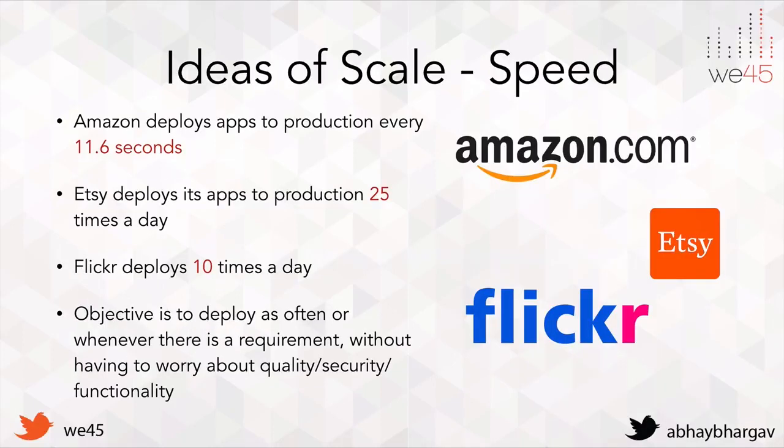Now, if you look at the modern application delivery landscape, you'll see a massive shift in the way things are done. Earlier, we used to have companies delivering apps very infrequently. It would be maybe once a month, or if it's a much larger or stodgier company, once in 6 months, once in a year. Application development efforts used to be large, long drawn systemic items that were largely built out. Today, that whole concept is changing, and a lot of that change has been brought on by the Agile and DevOps movement. Agile, of course, came earlier than DevOps, but both of these things have really transformed the landscape